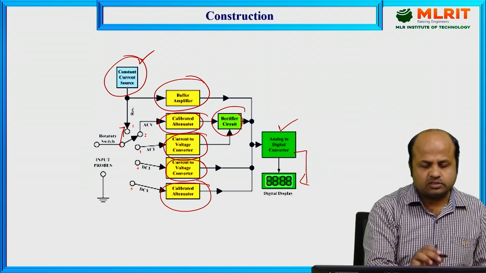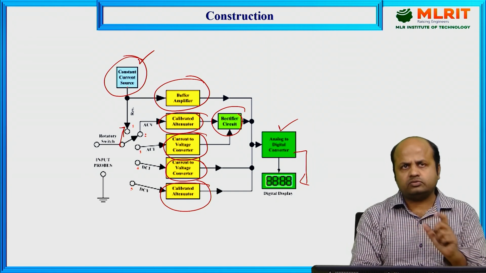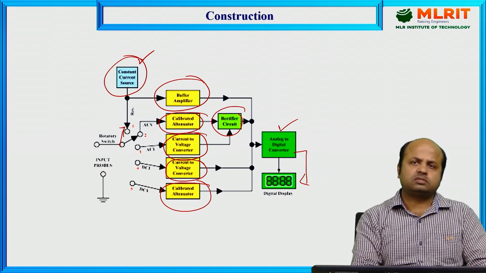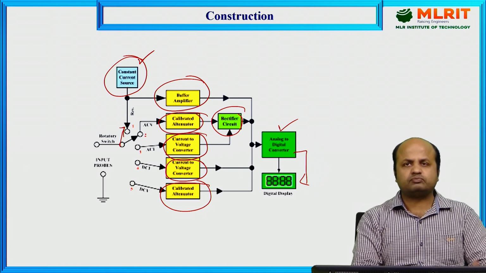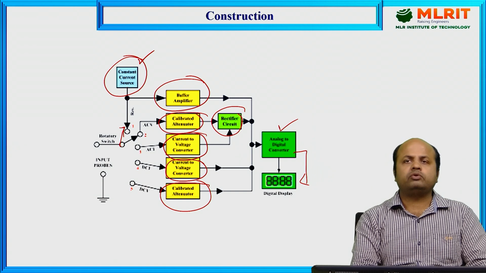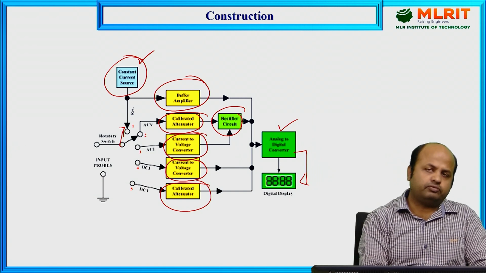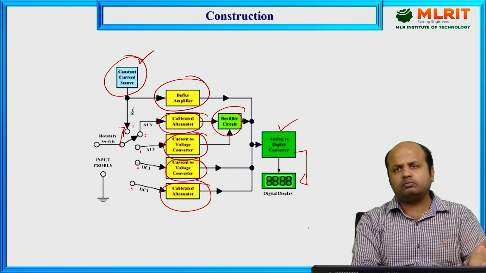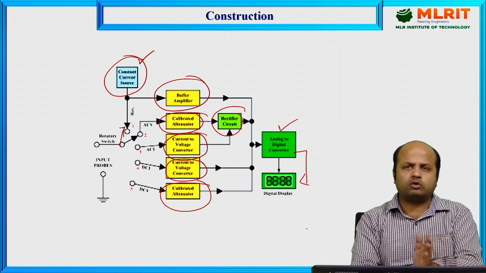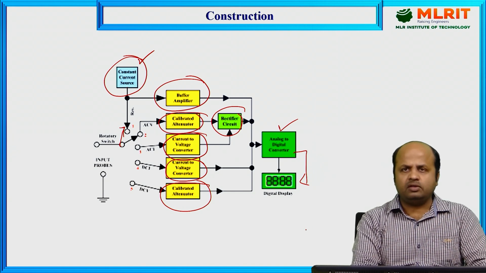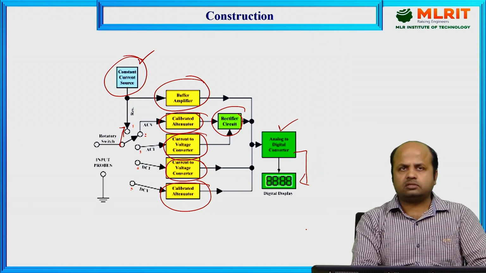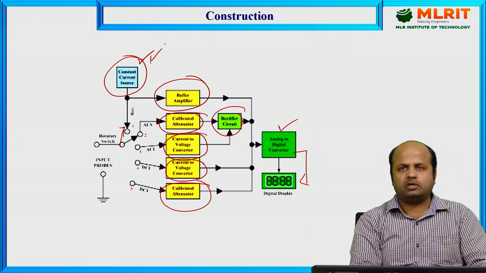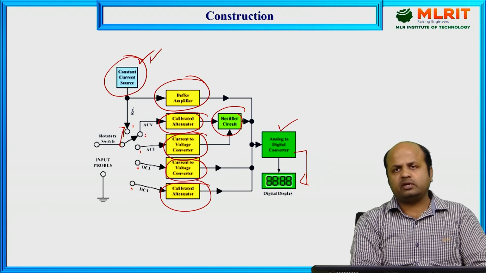So this constant current source supplies the constant current irrespective of load. Like we know the voltage source. What is a voltage source? It will provide a constant voltage to the load irrespective of the load. Whether you connect 1 ohm or 10 ohm or 20 ohm across a battery, that will show the fixed voltage. Like that, we have the constant current source in the digital multimeter, which will provide a constant current irrespective of